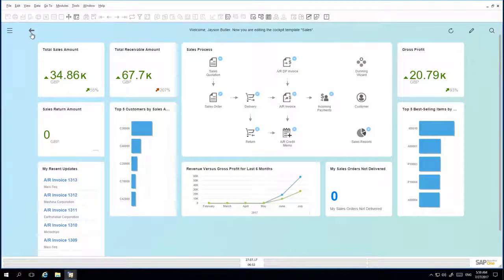Jason would like to enhance the Sales Cockpit template. Once he has selected his Sales Cockpit template view, he now has the possibility to add new widgets, remove existing ones, or reorganize the sizes and positions of the widgets. And then he can save this as a newly created Cockpit template view. In this case, he would like to add another widget called Top 5 Sales Employees by Sales Amount, and he would also like to change the size of the existing dashboard. So to do this, he selects the Edit button,